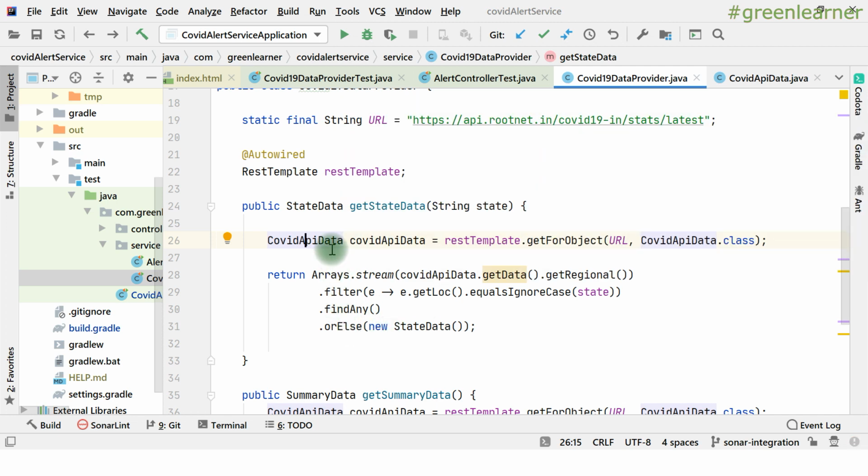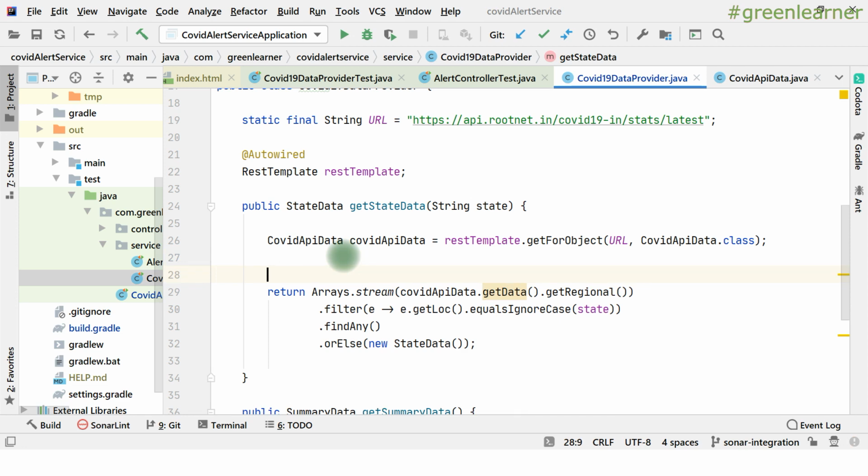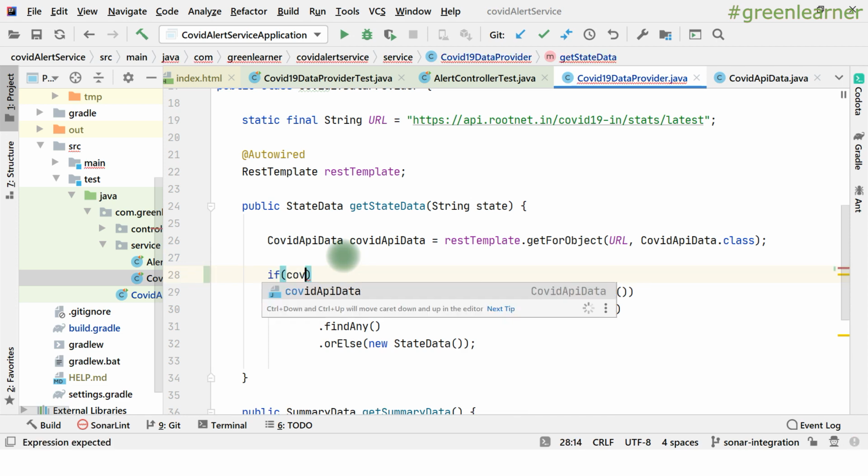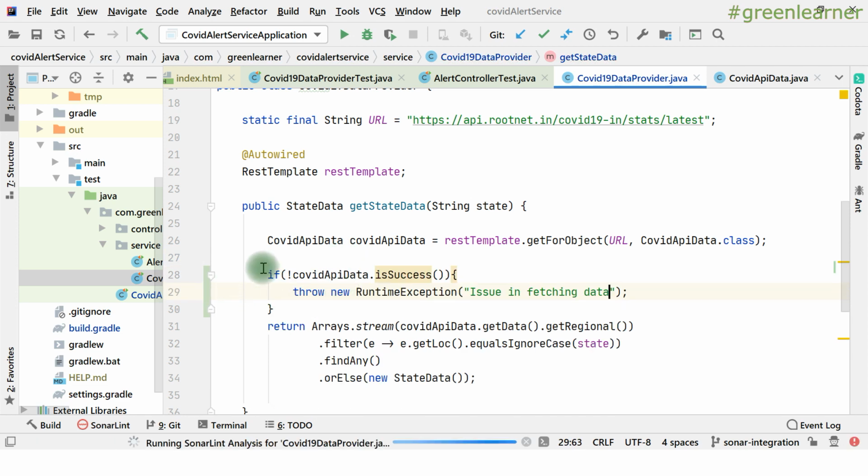So probably we missed that one; that depends on the business logic. If you want to use that, we can put some business logic here. So far I was not using this COVID API data, and now I'm using it so that I can do the comparison. Otherwise I have two options.